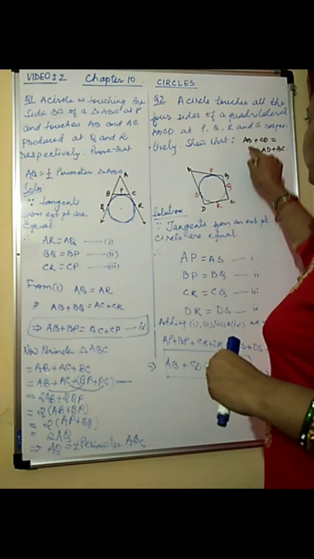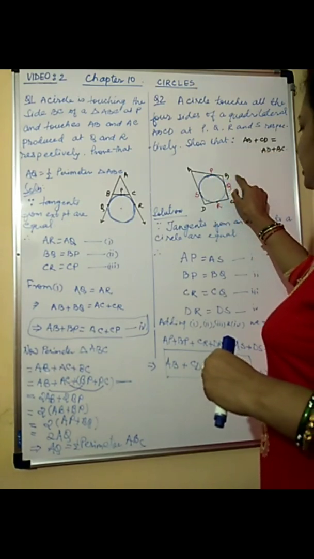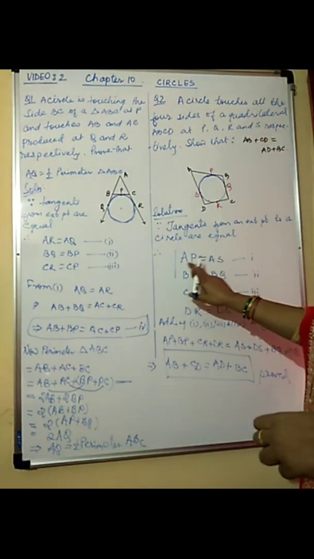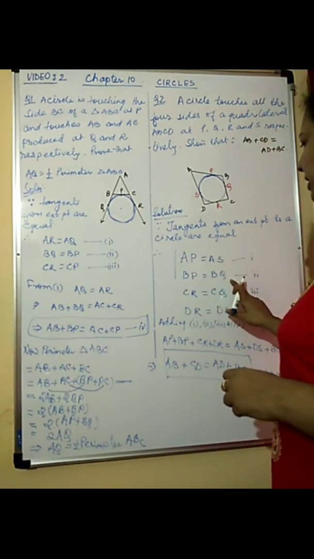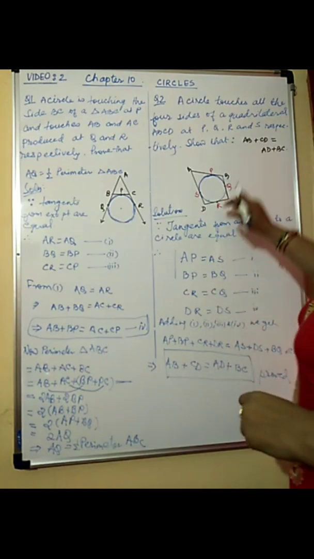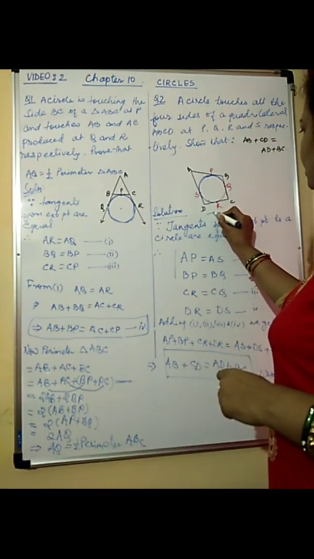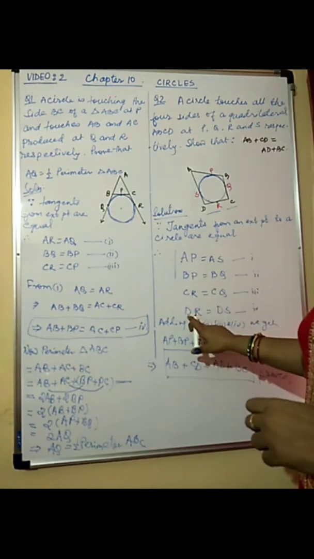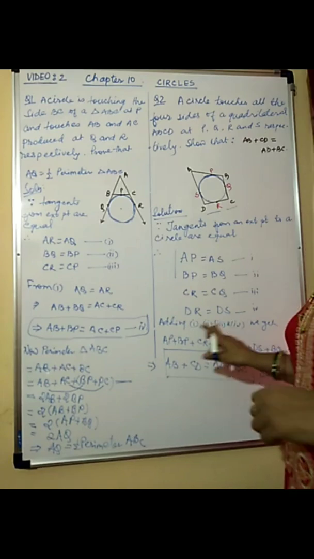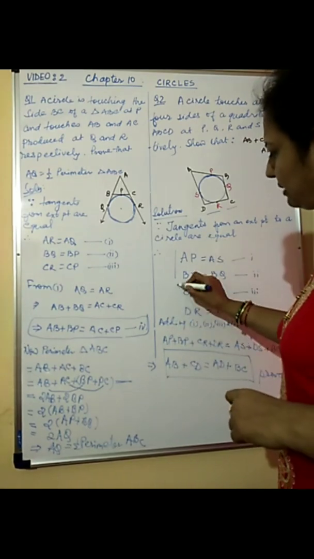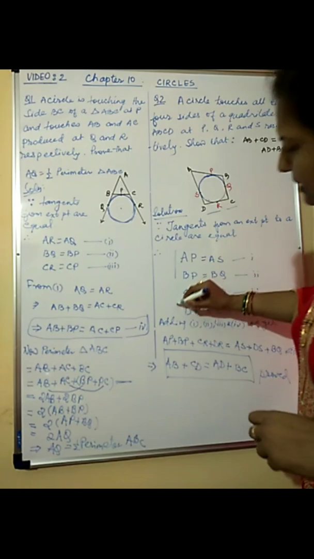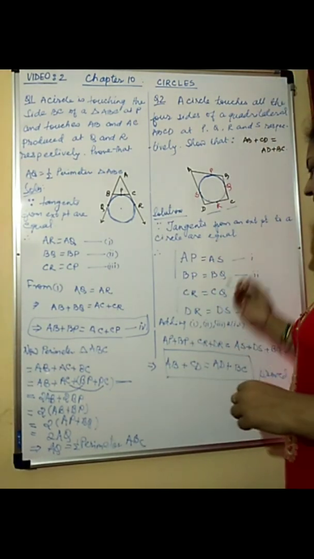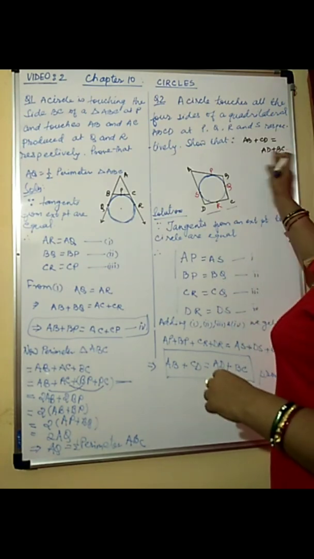See, the first line is AB. So AB is AP plus BP. Now see how I have compared. First I have compared AP to AS and then I have compared BP to BQ. And which is the second pair? CD. So CD has 2 segments, DR and CR. So I compared CR equal to CQ and then I compared DR is equal to DS. Now what is the purpose? So that when we add these equations, at least on LHS we get whatever is required. Then on RHS we can rearrange and find out the required result.